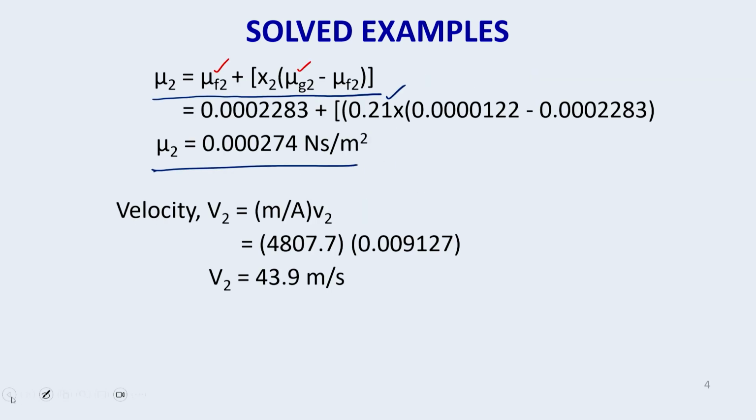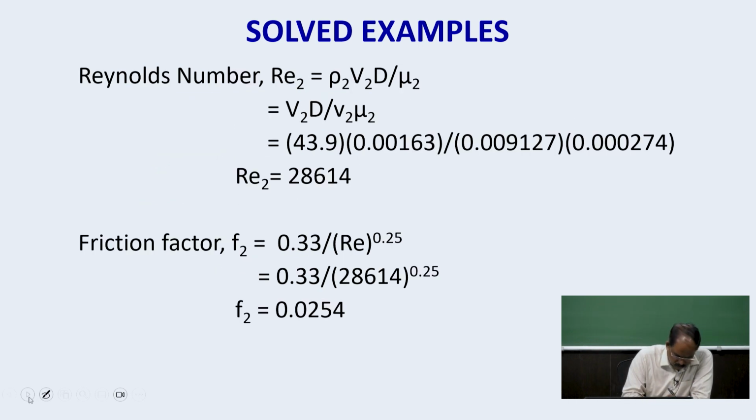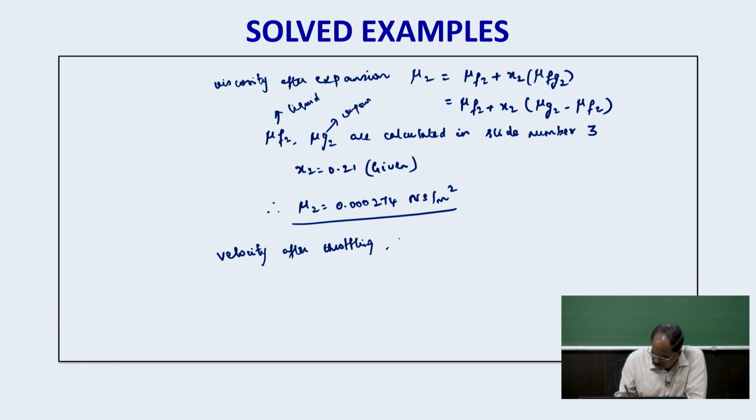which is in two-phase region. Next, similarly, how we found the velocity before throttling, we have to find out the velocity of the refrigerant after throttling. So using the continuity equation, m dot equal to rho AV, rho is 1 by specific volume, same formula. So V2 is equal to velocity after throttling or expansion. So this is V2,